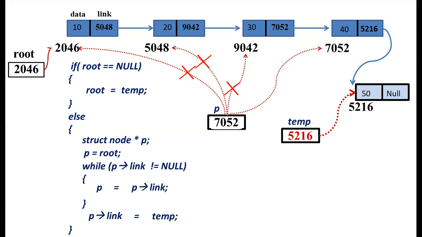First node connection is very simple. If you want to connect to the last node, then you need to move the control from the first location to the last location. Whenever you need to insert or append the newly created node, first you need to check whether you are inserting to the root node which is empty, that is, which is not having any elements. If the condition is false, then you need to bring the control from the starting location to the last location, and link it like this. So this is the method.